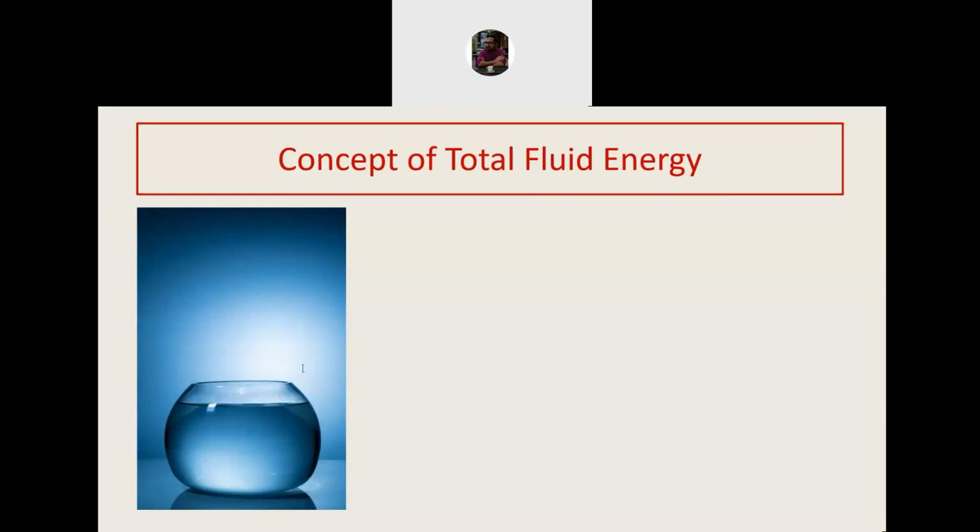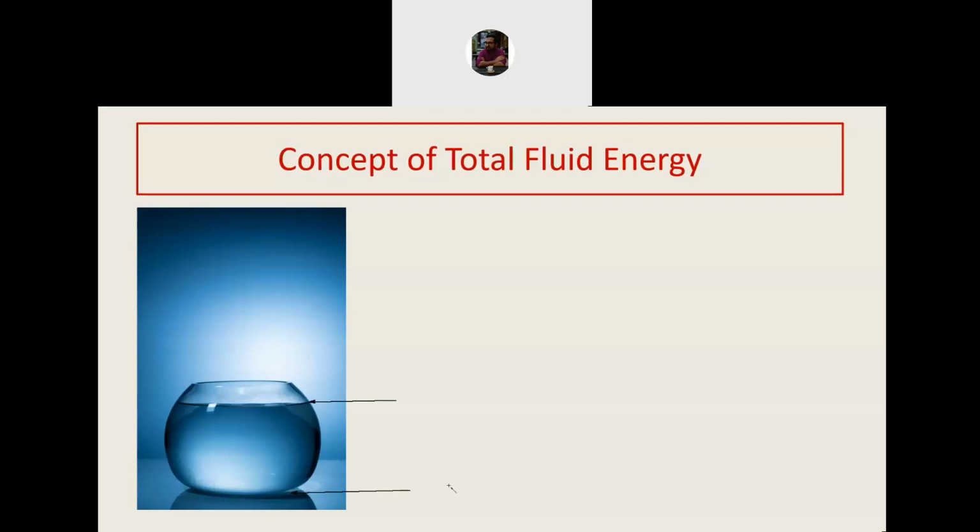Look at this bowl of water. Now I'll ask you one question. You see that in this bowl of water, the upper part of the water only experiences atmospheric pressure. The bottom part of the water experiences atmospheric pressure as well as the pressure due to this column of water. So obviously pressure in the lower part is higher than the surface of the water. Then why is water from the lower part not going upwards?